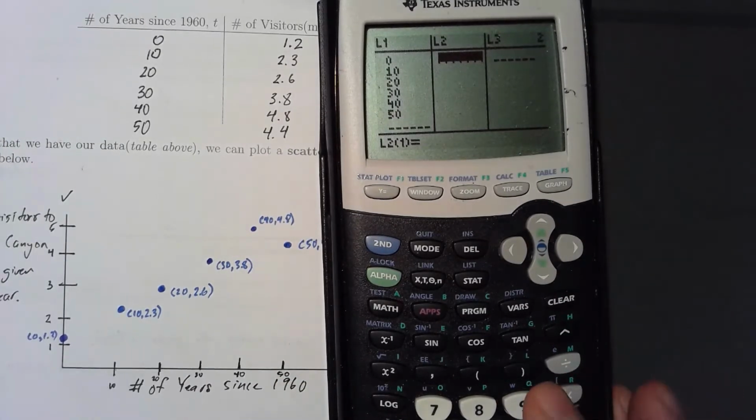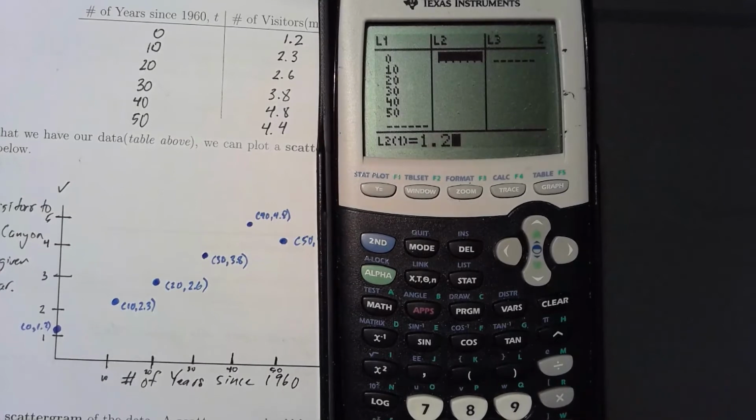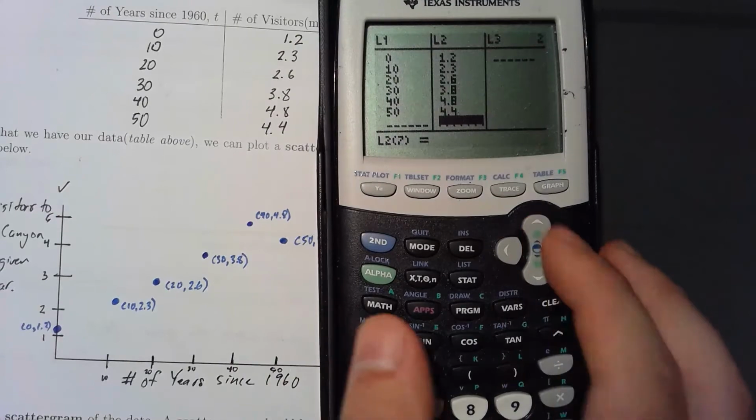Okay, now let's go over to the right. Now let's type in the visitor data. So 1.2, 2.3, 2.6, 3.8, 4.8, 4.4. Okay, so now that we have our data in,